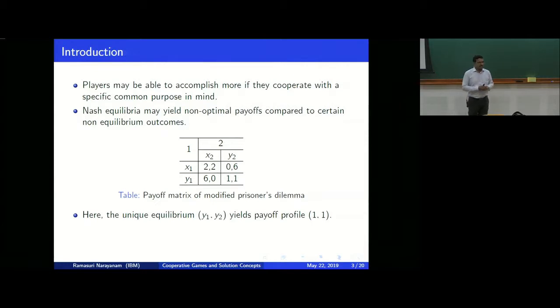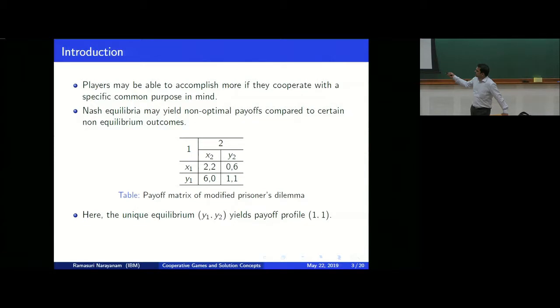Because of that reason, players voluntarily cannot select these two strategies, x1 and x2, whereas y1 and y2, being a Nash equilibrium, there is no need of any central authority or any binding agreement among the players to execute that strategy. To implement Nash equilibrium outcomes, we don't need any contracts or the presence of any central authority who can prescribe the strategies. Whereas when it comes to these kind of non-equilibrium profiles,